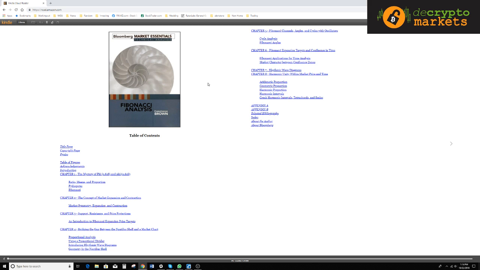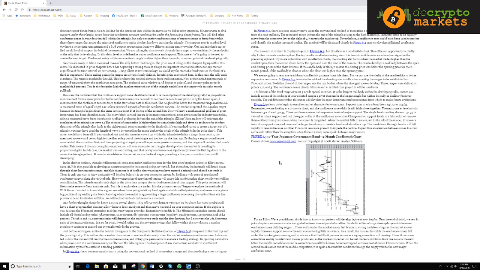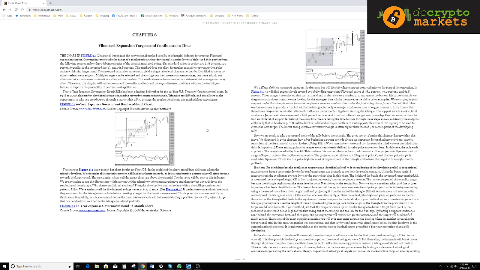It flows about as well as you could have a book flow for this kind of material. But when she talks about Fibonacci applications for time analysis, when she's talking about Fibonacci time zones, you've probably seen those before. One thing that she's pretty good about pointing out, and by the way, I have the physical book and the digital. Get the physical book because she uses a lot of charts, and trying to use the charts on